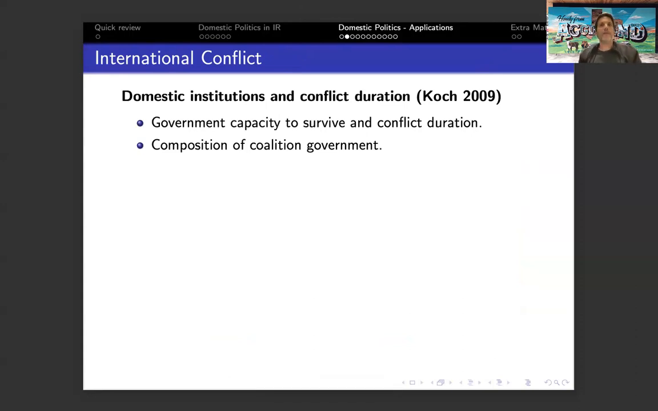One central domestic factor that shapes international behavior is institutions. I've talked about that. For example, government composition and government structure. And let's see exactly what it means. I want to start first by talking about the work by Professor Cook,